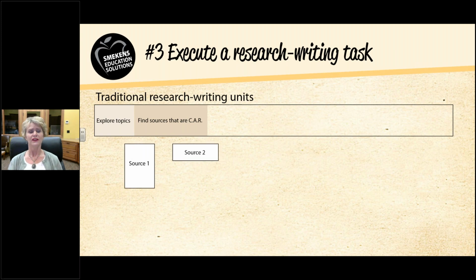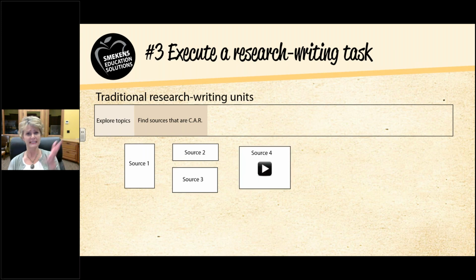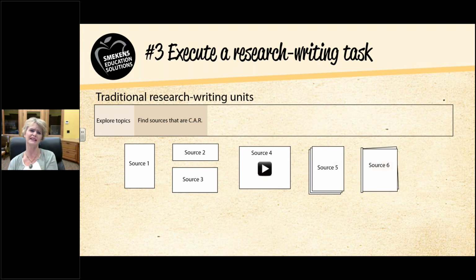Then we're collecting these sources, multiple, right? You don't write a research paper from one source. So they're collecting all these sources. Some are videos, some are longer, some are shorter, some are print text, some are digital, whatever. Okay, finally, we're done with the media center time where we're finding our sources and we can start really getting